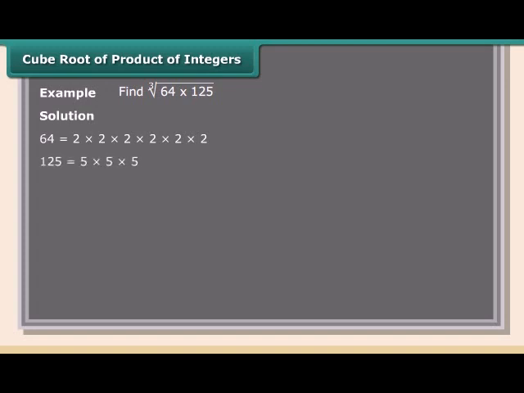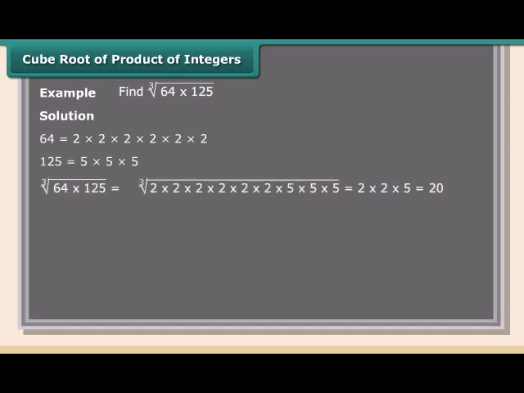Cube root of product of integers. Example, find cube root 64 into 125. Solution. 64 is equal to 2 into 2 into 2 into 2 into 2 into 2. 125 is equal to 5 into 5 into 5. Cube root 64 into 125 is equal to cube root 2 into 2 into 2 into